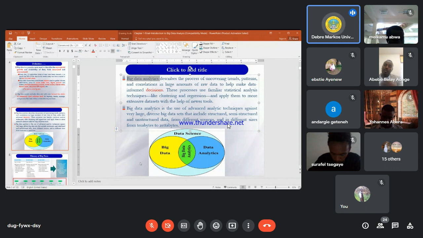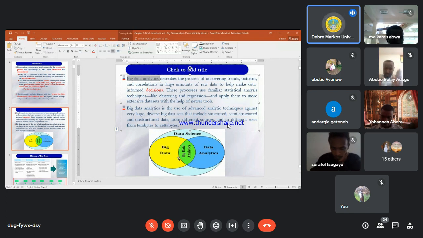So whenever we discuss big data analysis, we are talking about big data and about data analysis. Data analysis is usually focused on data mining, on analyzing the given data.